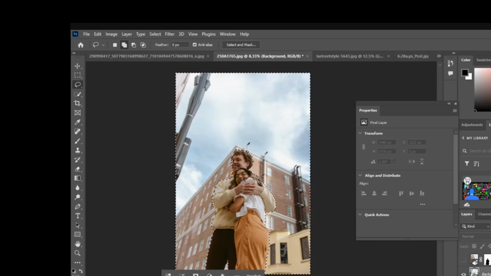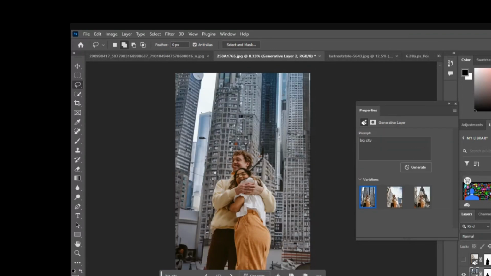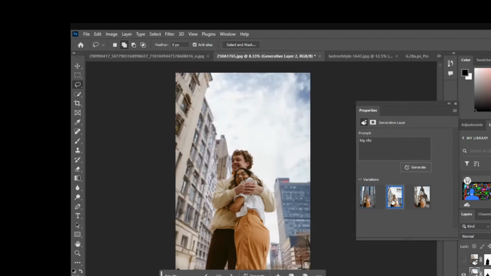Now we got the background selected, right? So now we're going to come over here to our prompt. We're going to generate a prompt. Let's put these folks where we're going to put them. Big city. Put them in a big city. Let's generate it. Wow. This couple is just perfectly placed somewhere. City 1, city 2,